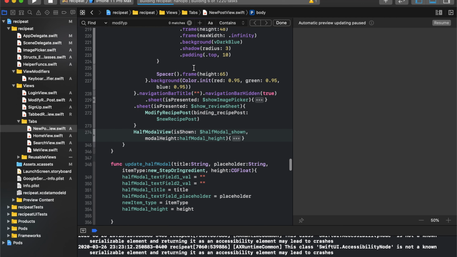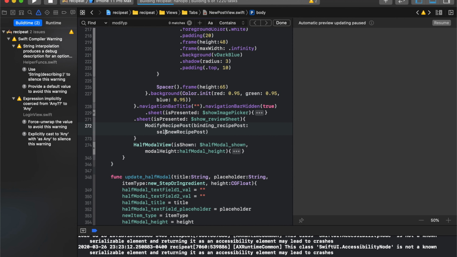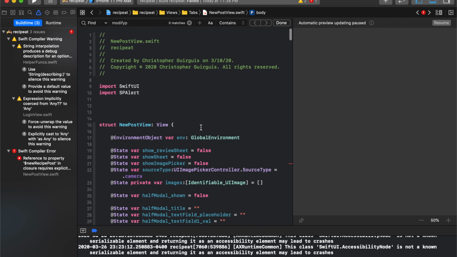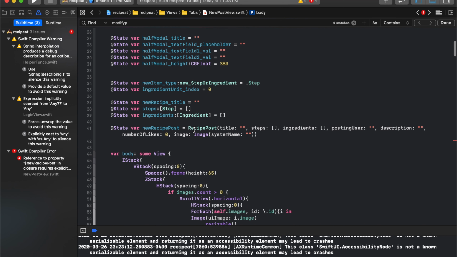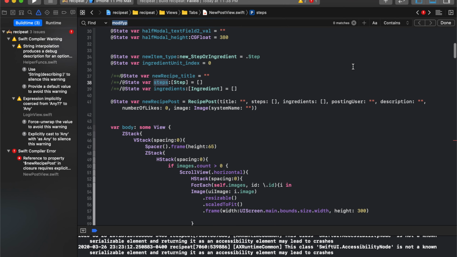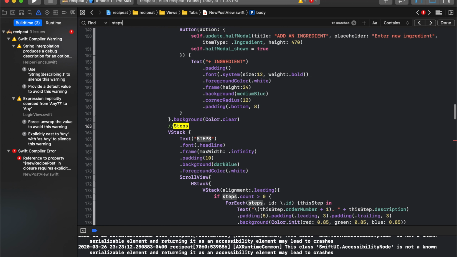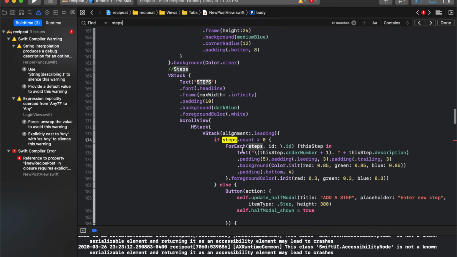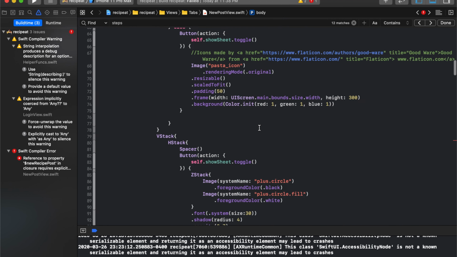But now new recipe post is not actually carrying any of the data that we've been working on while creating this whole thing. So what we really need to do is find every single place that we used any of, okay, anywhere we use this, anywhere we use this, and anywhere we use this, okay? So let's go find everywhere we use those. So steps, we did not use it there or there. So we'll say steps.count, okay? So from now on, we don't want it to say steps, we want it to be,